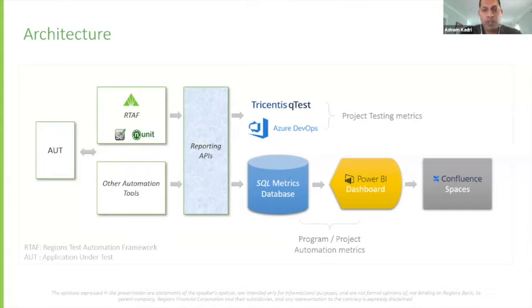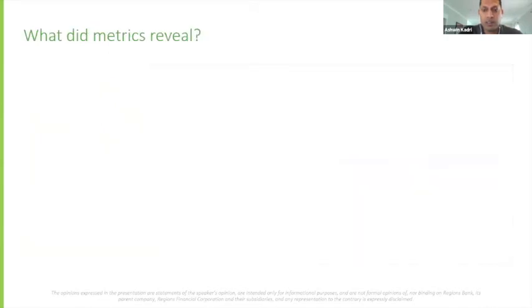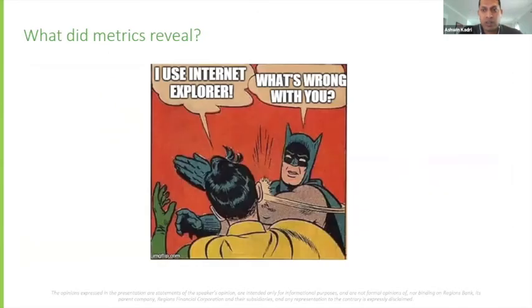Now we are logging all the test execution information to the database. We were excited to see the information starting to flow and trends appearing. So what did the trends reveal to us? One of the first things that we noticed was that the testing automation engineers do not like to test on IE. They love Chrome. I'm sure that's what you notice across the industry as well.